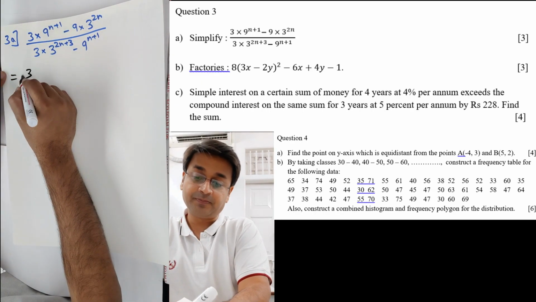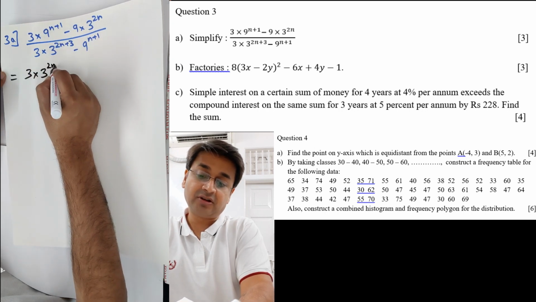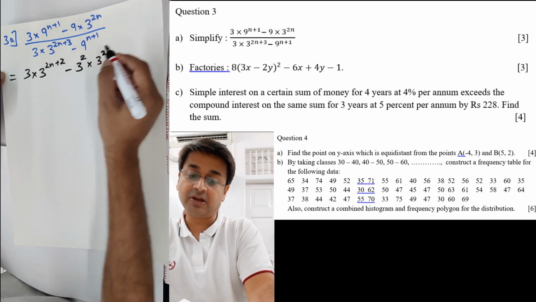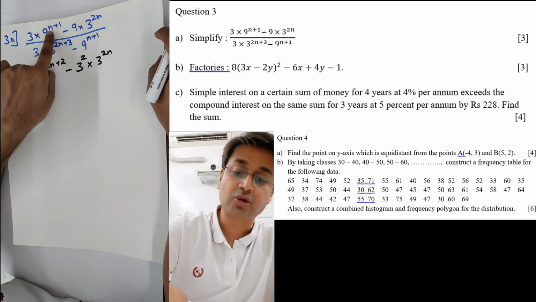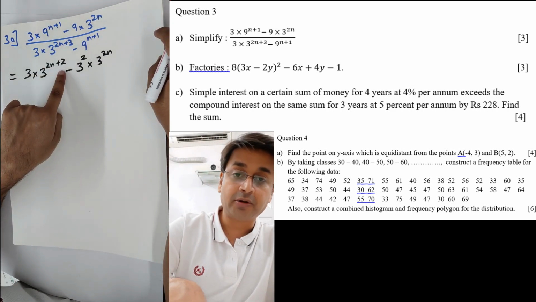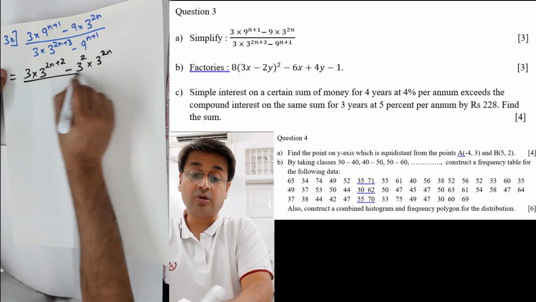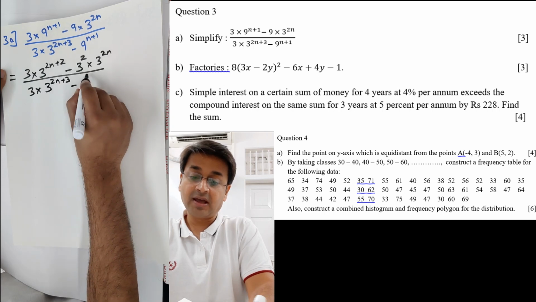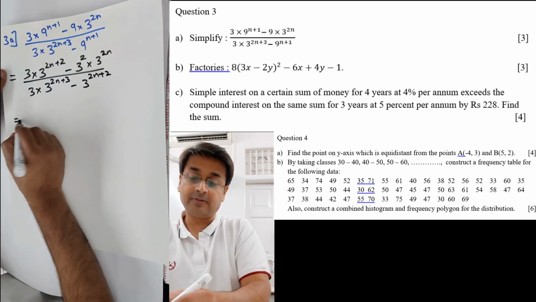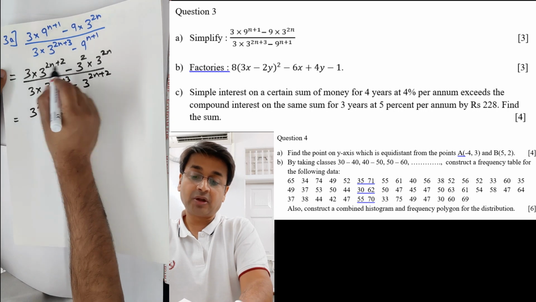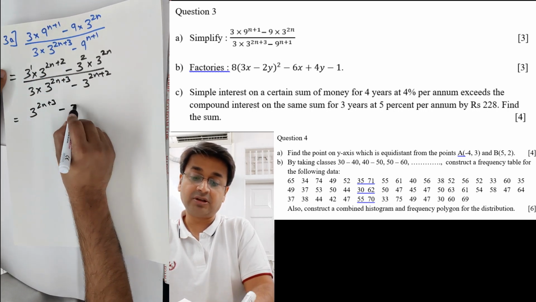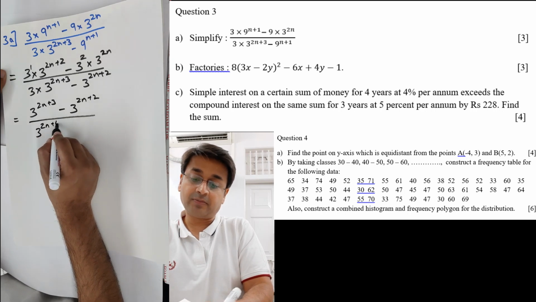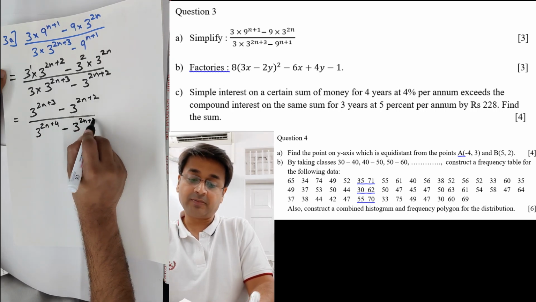It's a typical one. So first convert this 3 raised to 2n plus 2, 3 raised to 2 into 3 raised to 2n. The major mistake people do is they write 3 raised to 2n. This one they write as 1 only. They don't write as 2, and that's where they go wrong. 3 into 3 raised to 2n plus 3 and 3 raised to 2n plus 2 again. So 2n, 2 and this is 1, so it becomes 3, and this will be 2n plus 2. In the denominator 2n plus 4 and 2n plus 2.